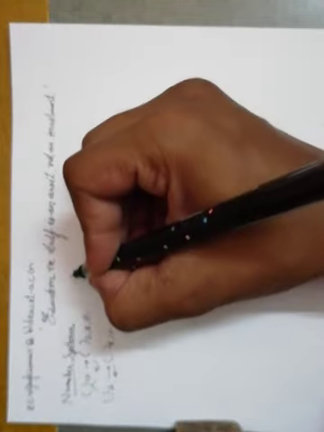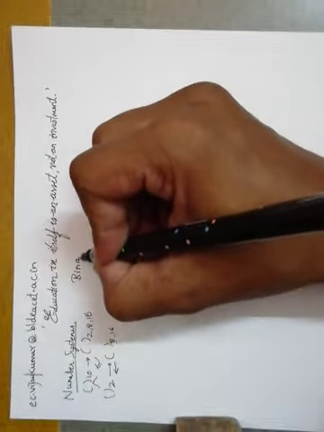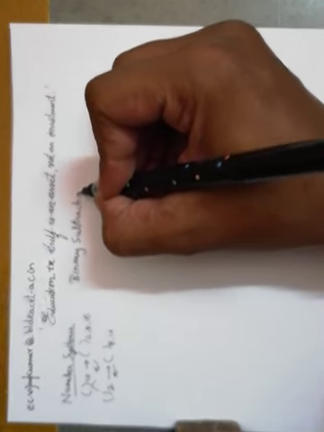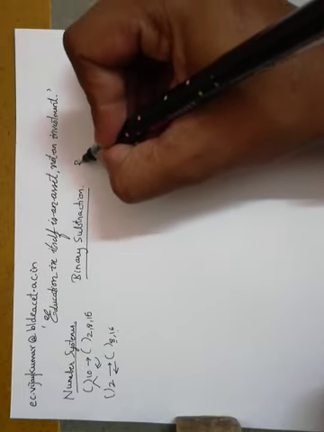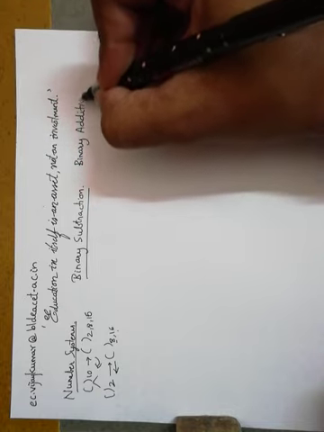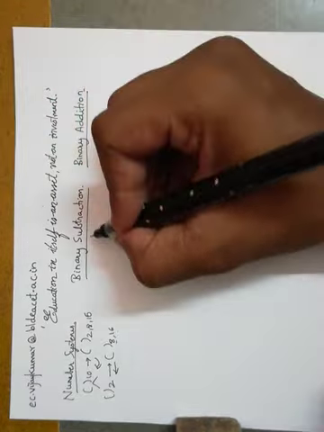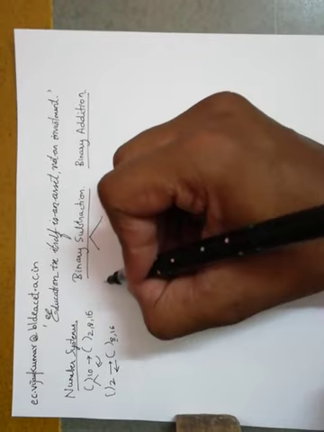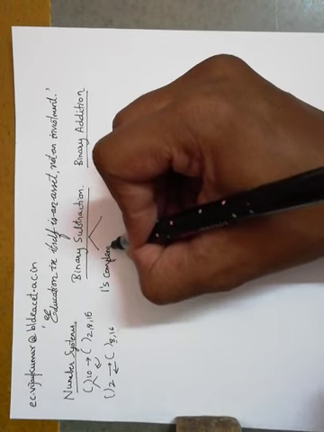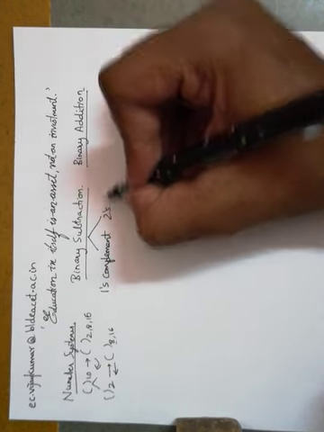Okay, so the next study what we are going to do is binary subtraction. But before going to the binary subtraction, we'll understand why it is necessary and the basics of binary addition. For our study, we have binary subtraction, which has to be done in two different methods called as ones complement method and twos complement method.